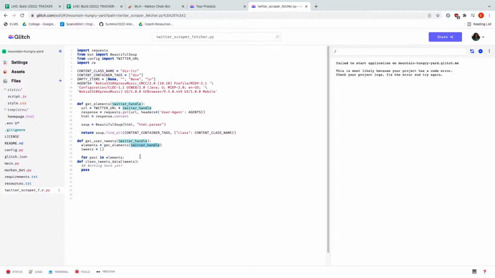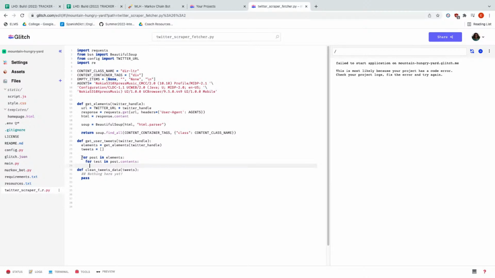So now it's going to search for each post in these lists of posts. And then for text in post.contents, so this is essentially a nested for loop, meaning that there's two for loops going on within each other.